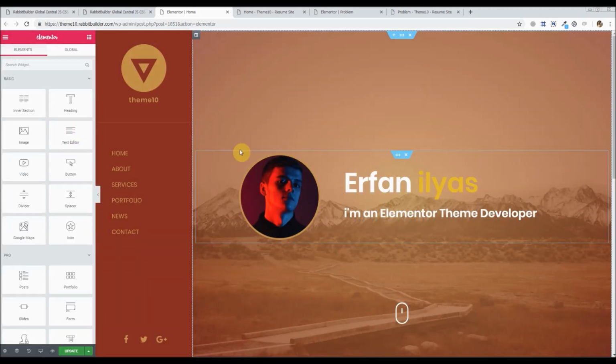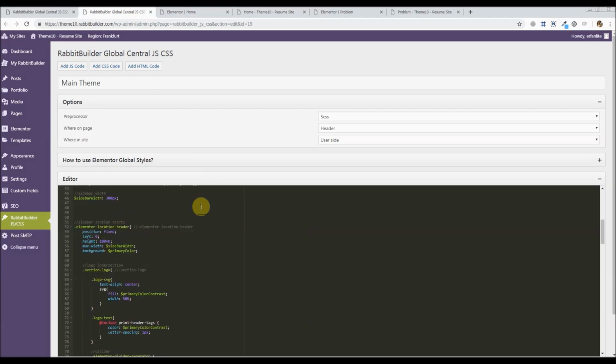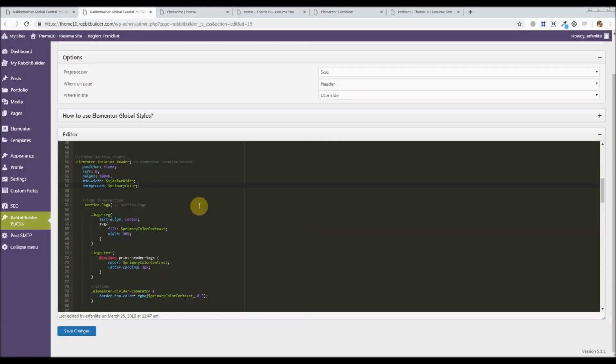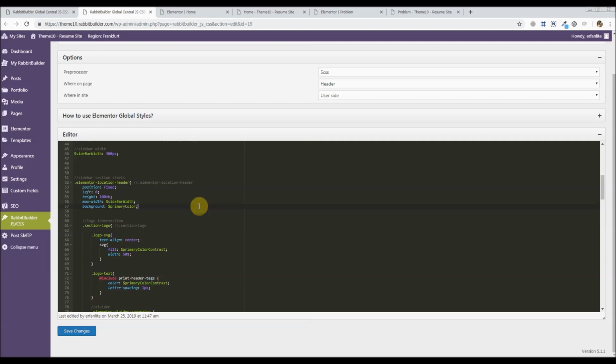So here you go, you can see everything is changed based on the colors I have selected. But again, it will not work out of the box. It will only work if you make it like it. If you're a theme developer, it will be really easy for you to